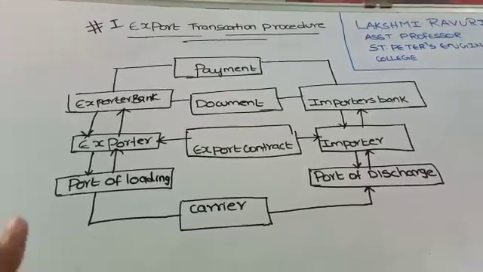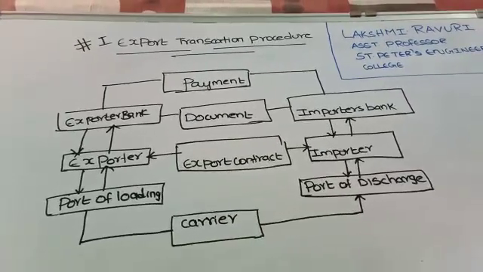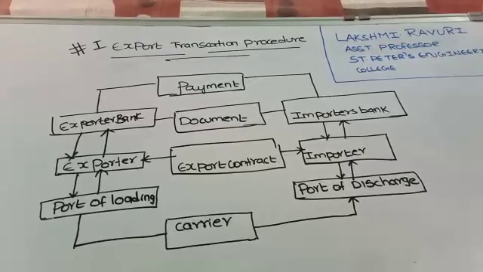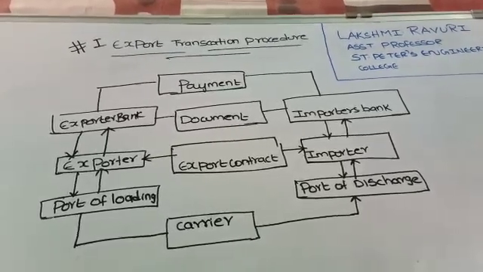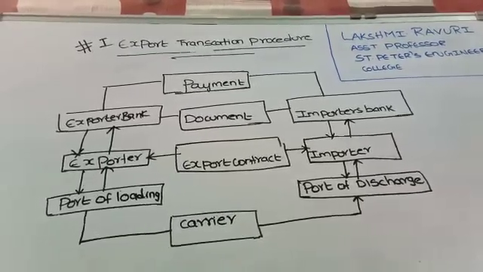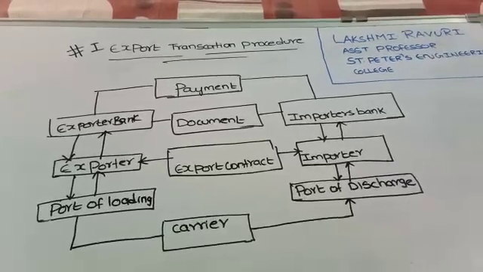So in this diagram you will see a framework starting from payment. The payment is a must. In order to pay, there are the transactions: the billing, shipping, customs clearance and incentives. In between, for a payment, you will have a bank, that is the import bank or export bank, with respect to the documents.